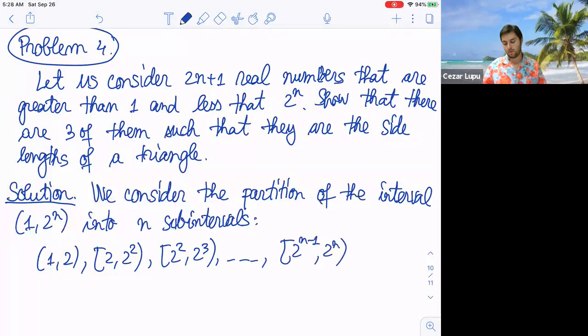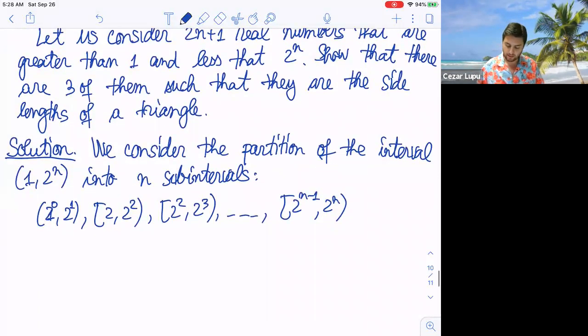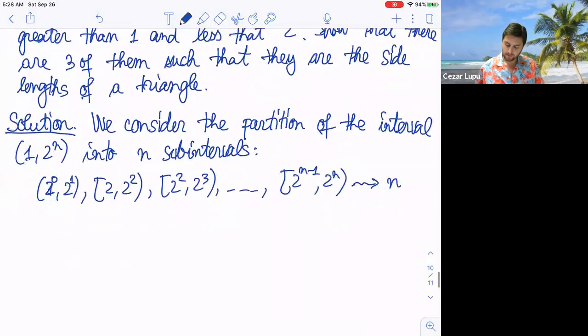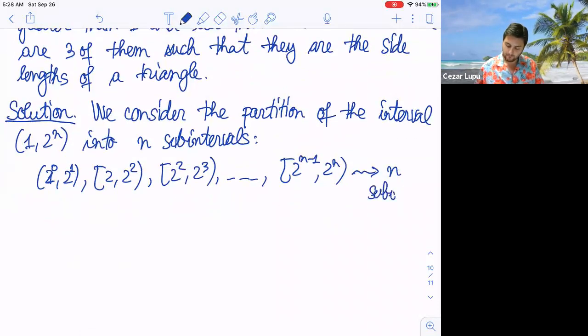Well, how many of them are there? Let's say here is 2 to the 0 and here is 2 to the 1. So you see there are n sub-intervals, right? And I have 2n plus 1 numbers. So these are n sub-intervals. And now, since I have 2n plus 1 numbers in n sub-intervals, by the Pigeonhole Principle,